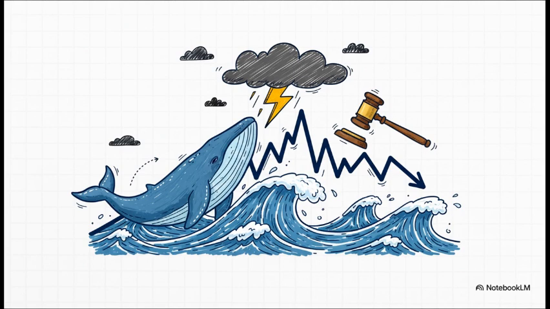So, what causes these sudden storms? Well, it can be a whole bunch of things. Some big news drops, and suddenly the entire mood of the market flips. Or maybe a huge player, what they call a whale, decides to buy or sell a massive amount, and that alone creates huge waves. And since crypto markets sometimes don't have as much money flowing through them as, say, the stock market, these events can have a much, much bigger impact on the price.